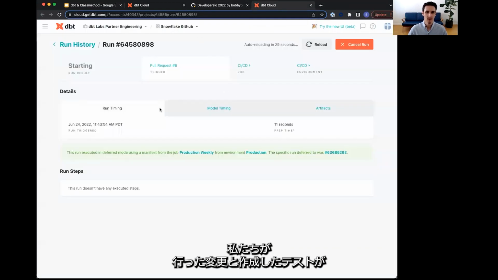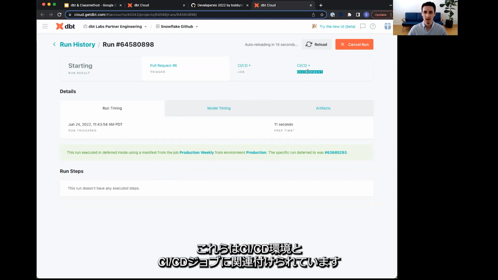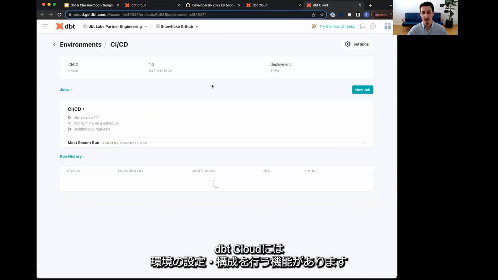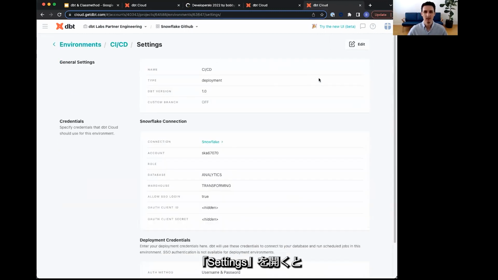So dbt Cloud has started a run to check to see whether or not all the changes that we made and all the tests that we created are going to build and pass successfully. And these are associated with a CI/CD environment and a CI/CD job. The important things to note about the environment are simply that you have the ability to set up environments and configure them in dbt Cloud. If I click on the settings here, I can see the settings and the specific connection that we've got for